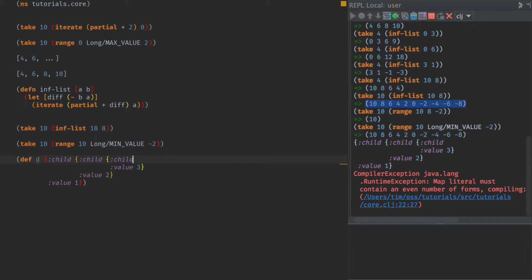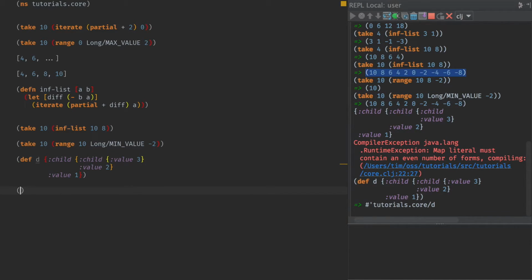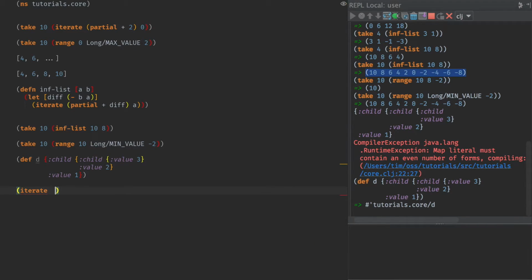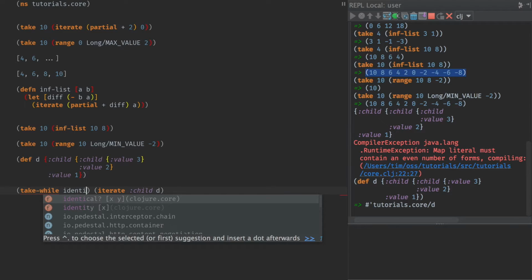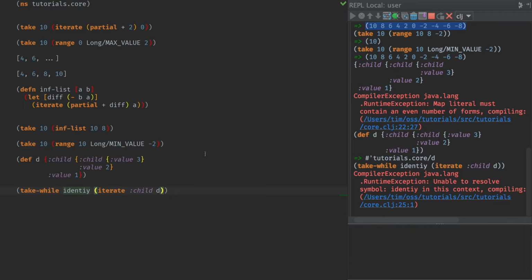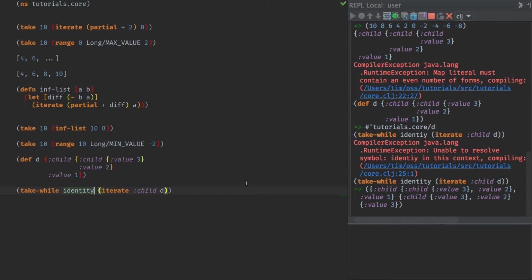And it's compiled. Oh, no. So this one has no child, right? So now if we do something like iterate on D, our starting value is D, and each time we're iterating child, and then we say take while identity. So this is going to take until our value is nil. How about I do identity? There we go. We get all of the values here, and that's really hard to see, so let's do map